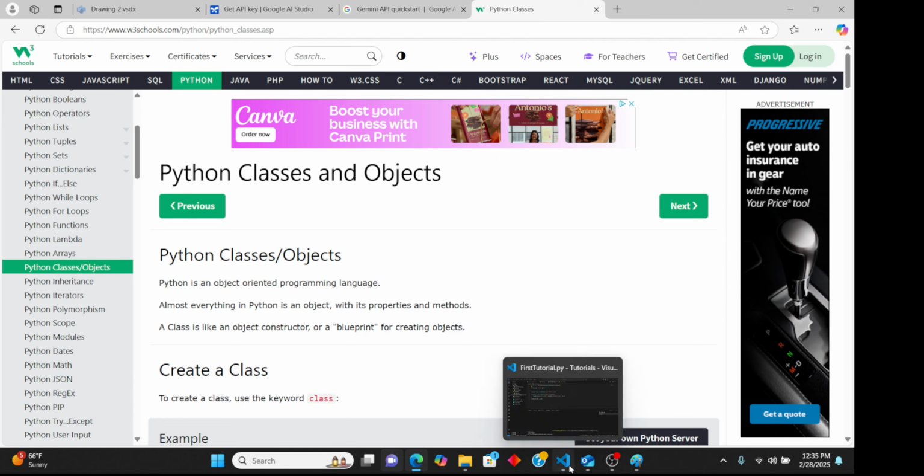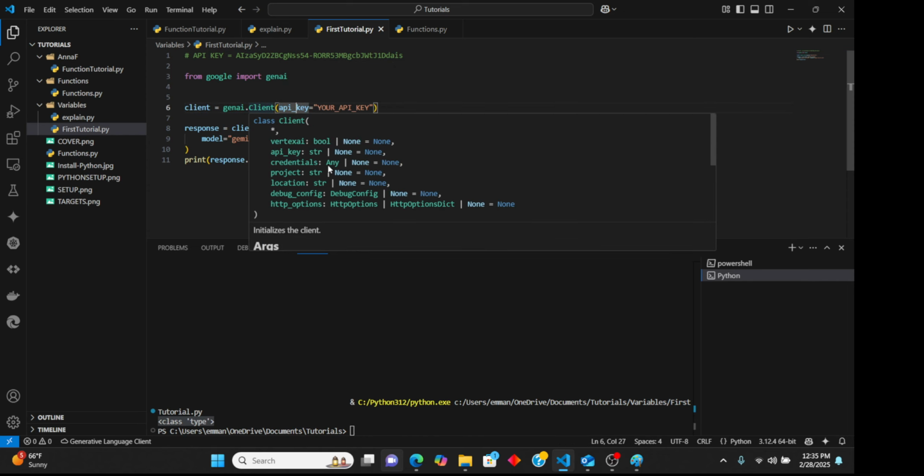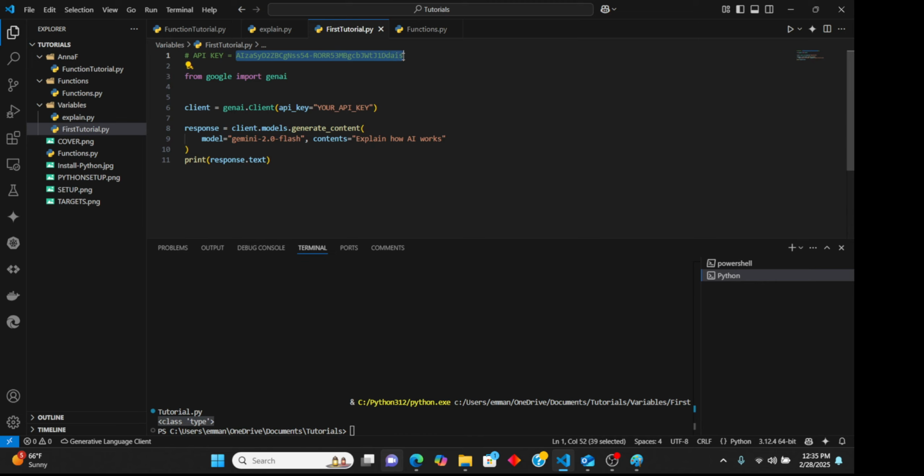Actually, these are the properties of the class. That's the API key and all those others. Those are the properties of the class. So just copy and paste. Just copy it and paste it, and then you can have access to the